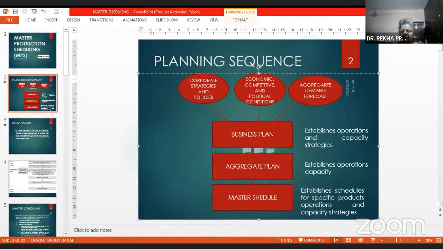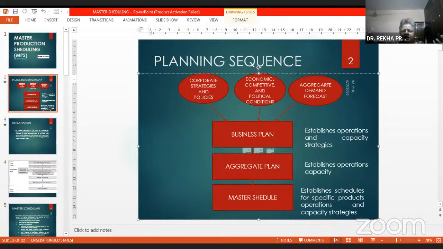So in total how much you require, it establishes operations capacity. Then from there you disaggregate it into different types. For example, it makes computers. Now, how many of each type do they require? So the master schedule establishes schedules for specific products, operations and capacity strategies. So this is the planning sequence of any organization.